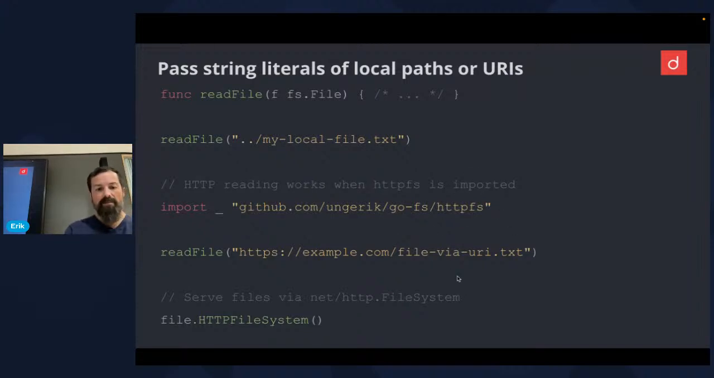And yeah, for instance, how you can register the HTTP file system. So it's not registered by default, but if you import the package, then it registers itself, and then you can simply, as above, you would,